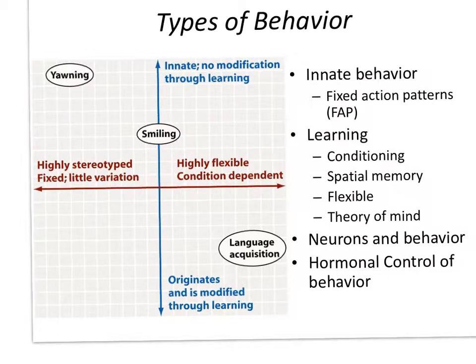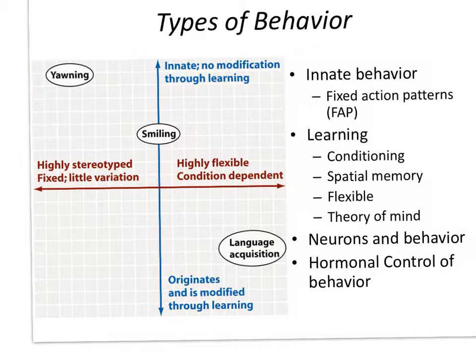We don't have batch programs anymore, but in the old days, with computers, you'd have a batch program where you would submit a whole bunch of card files, and it would do one thing, not like what we can do today. Okay? Now, that means it's not flexible at all. And then, of course, on the other side, going to the right, it's highly flexible. You can adjust your behavior depending on what kind of stimulus or what kind of environment you're actually in.